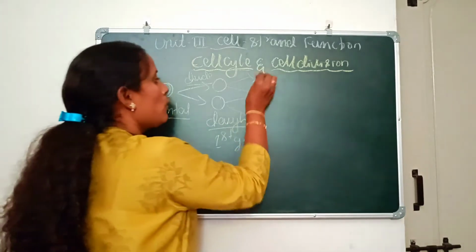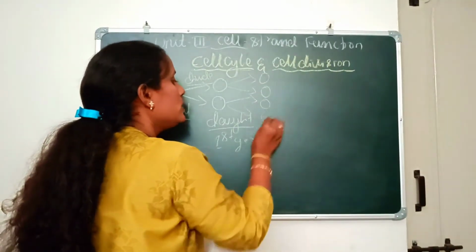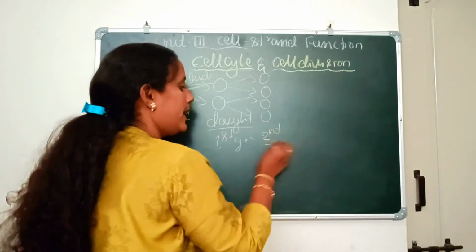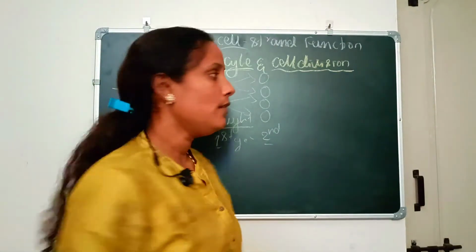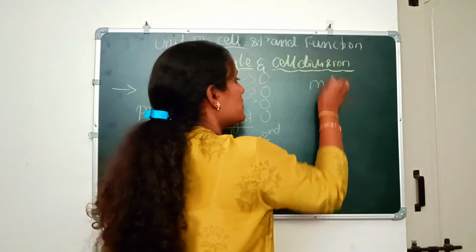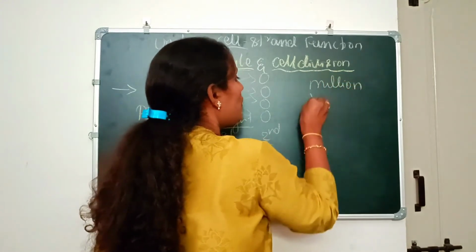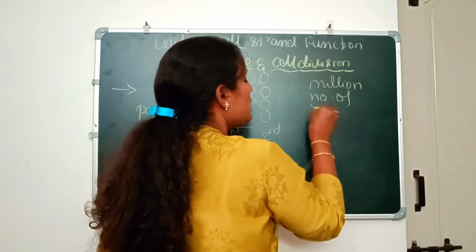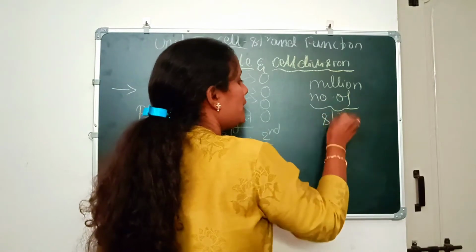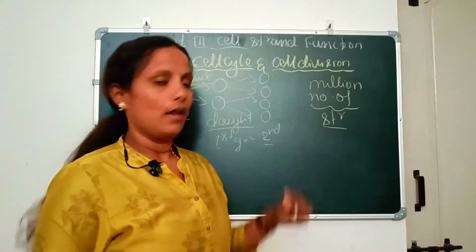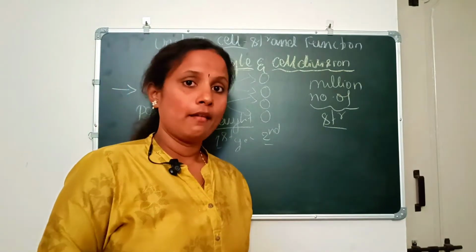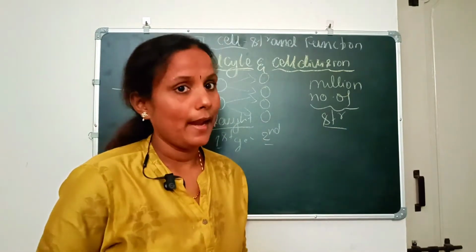And finally, they will also divide, and this will constitute the second generation. The process will continuously happen, and finally it will result in millions of cells, which will constitute one particular structure, and that structure could be an organ, or an organ system, or